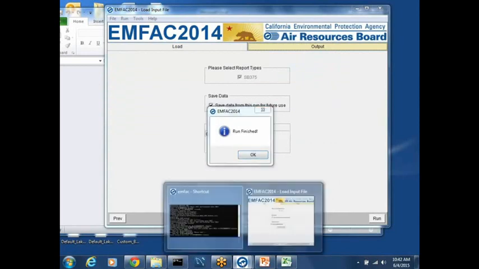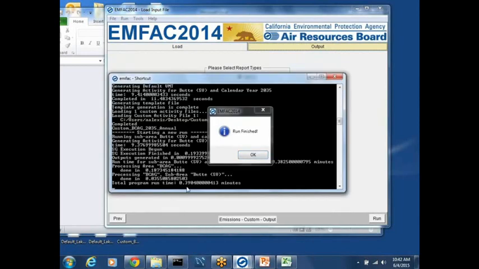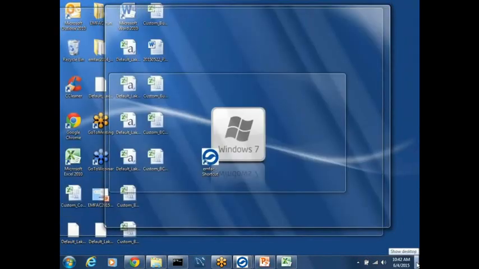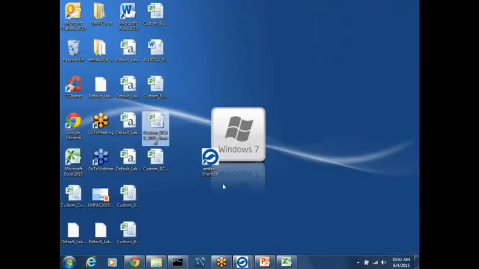Yep, it's done. So you can see the time it took, about 39 seconds to run this one. So the run is finished. Click OK. Go back to the folder where you saved the output. In this example, it's on our desktop. So I'm going to open the